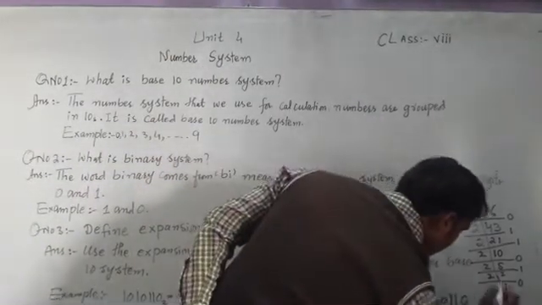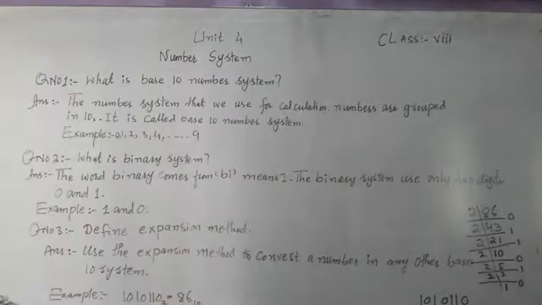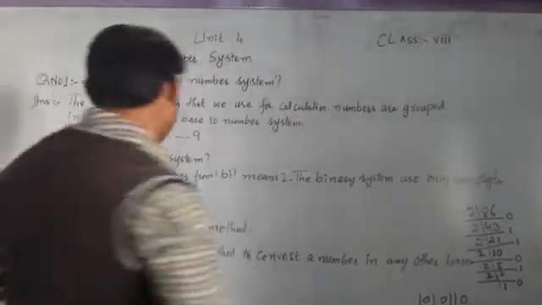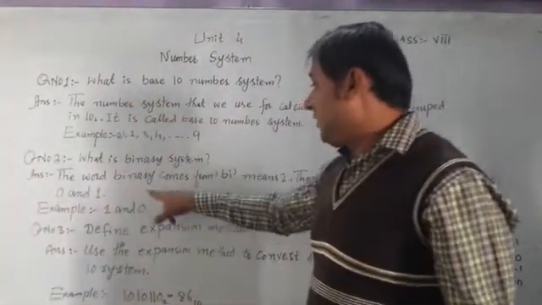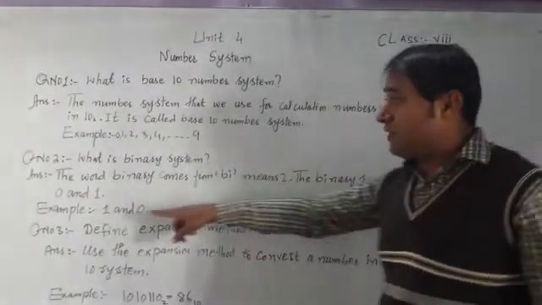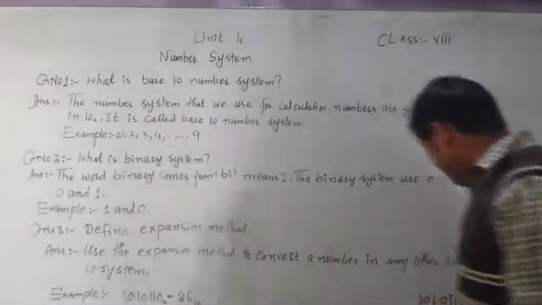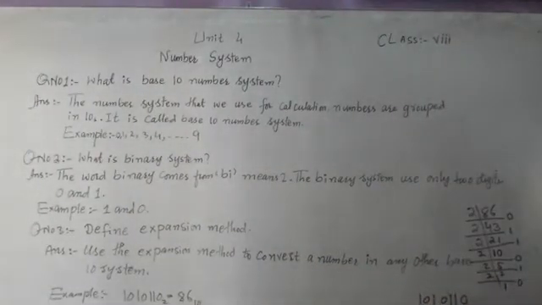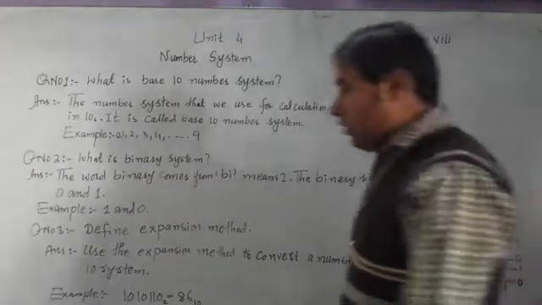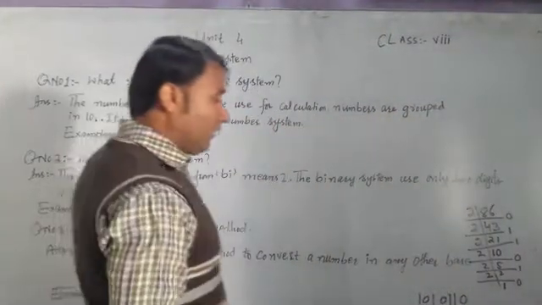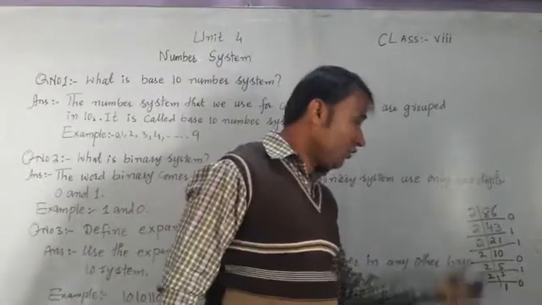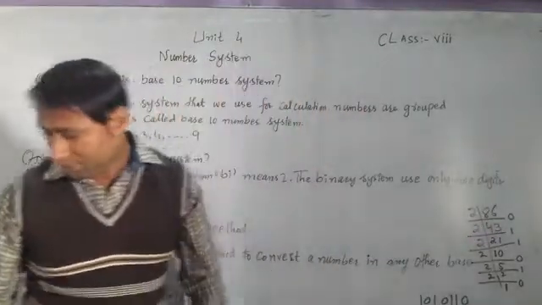We write base 2 system because we have already clarified the definition of binary system. The word binary means 2, just two numbers we use, 1 and 0. So here comes 1 0 1 1 0. Now we are taking an example of how we convert base 2 into base 10 system.